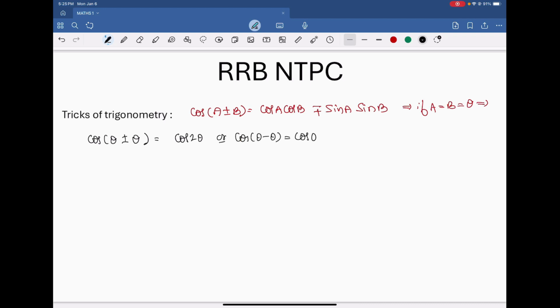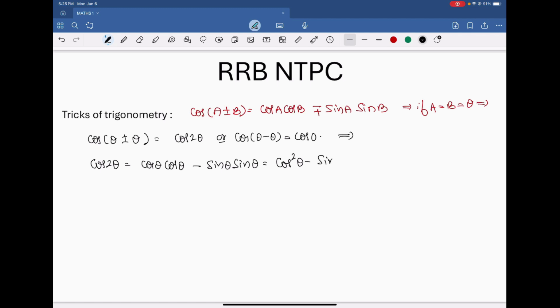These two imply cos 2 theta is equal to cos theta into cos theta minus sin theta into sin theta, that is equal to cos square theta minus sin square theta,